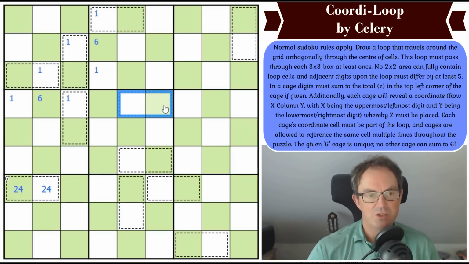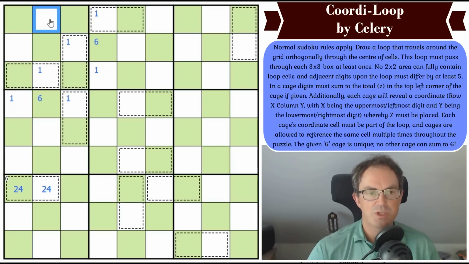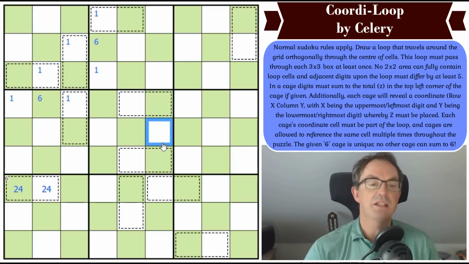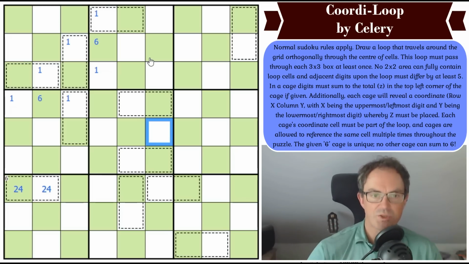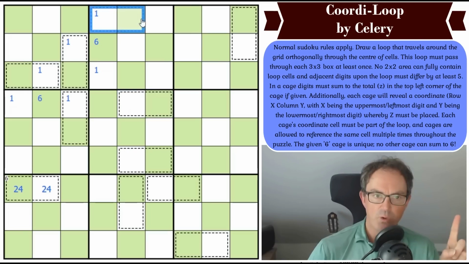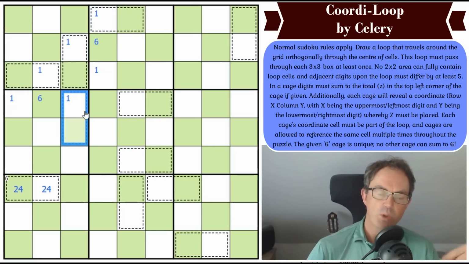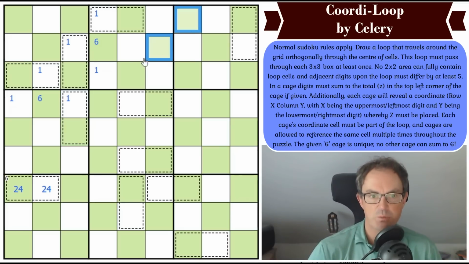Now, I didn't think 2 could work, and 2 can't work, can it? Because if you try and clue a 2, the only way of doing it is with a double 1 in a cage, and that's just not going to work. So okay, my first thought was right, which is the only valid totals now for all of these cages are going to point to coordinates on what is in effect the 8 diagonal, which is this one, and that is the only one that has the right